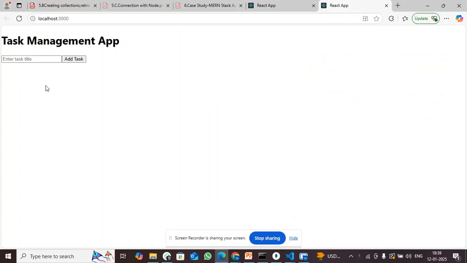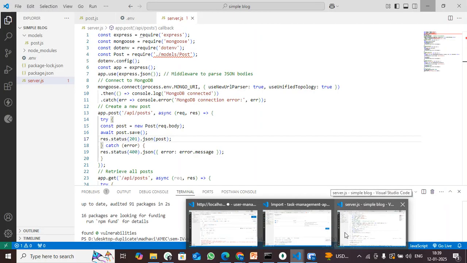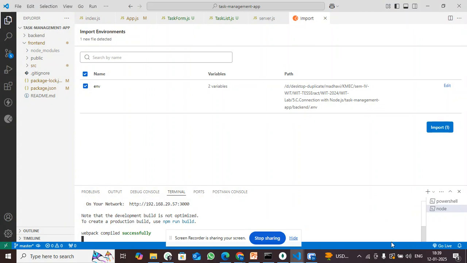This is how the application looks. Here we can add some tasks. Like this we can add the tasks. The server is not ready, I think. So add the task, then